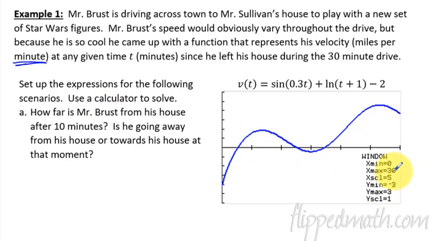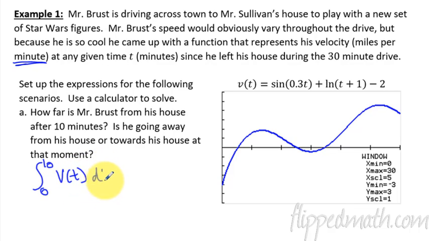The scale here is your window and your scale. This is 5 minutes, 10 minutes, 15, 20, and so forth. So what we're trying to do is set up an expression for each of these scenarios, and then we'll just use a calculator to solve it. So how far is Mr. Brust from his house after 10 minutes? The way you do that is we just want to see what's the net change from the beginning to end. So if we go from 0 to 10 minutes and integrate the velocity,